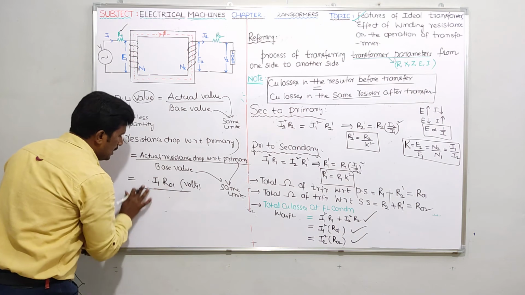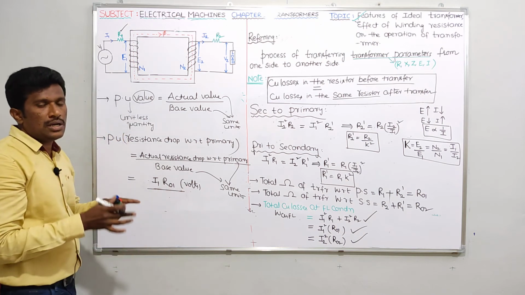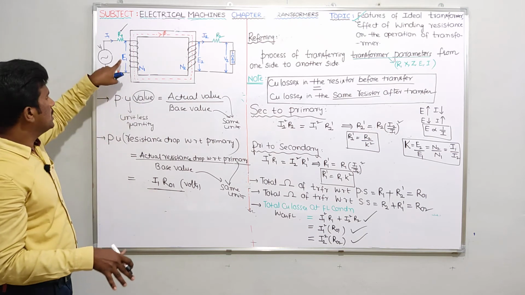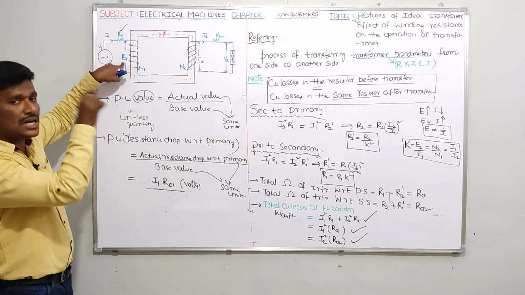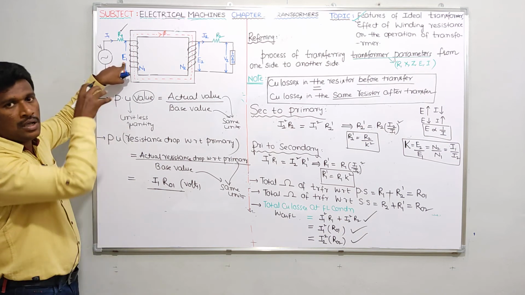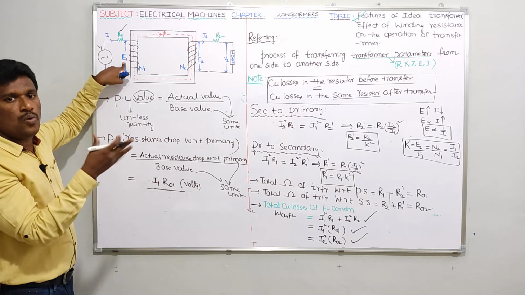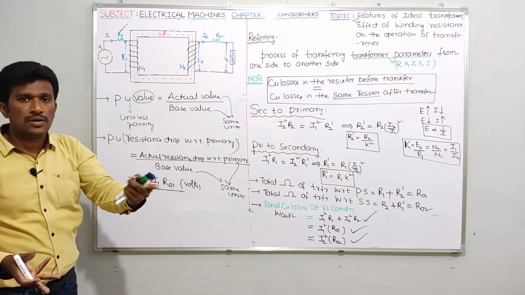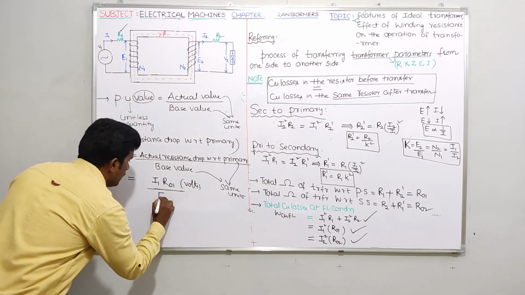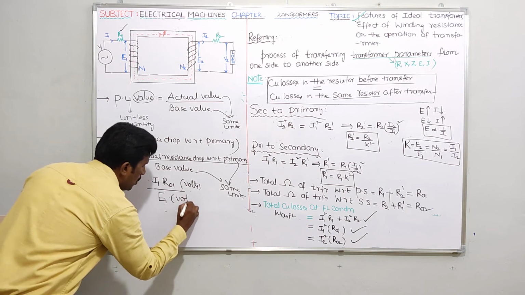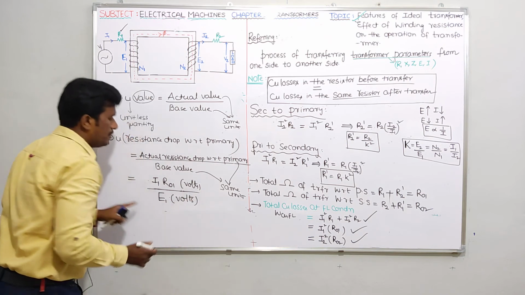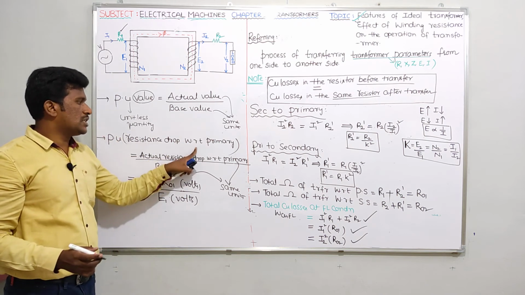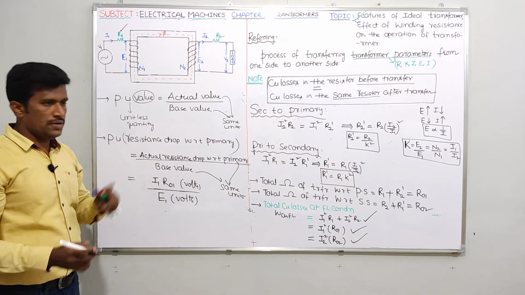Divided by, tell me what is the parameter related to transformer having units volts. So I can say E1, right? E1 is the term related to the transformer, because E1 is the induced EMF in the primary winding. And what are the units for this E1? Volts. This E1, E2 will be mentioned on nameplate details, which we discuss later. Simply here I can write E1, because E1 is the value mentioned on nameplate details and having units of volts. So what is the formula for per unit resistance drop with respect to primary? I1 R01 by E1 is the formula.